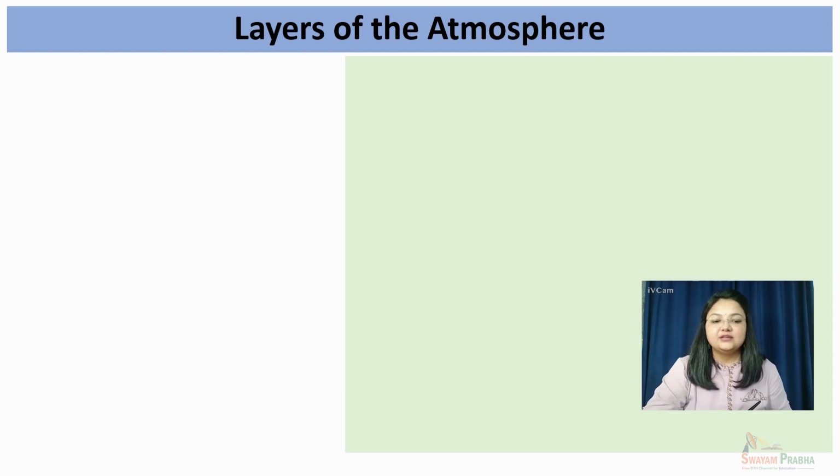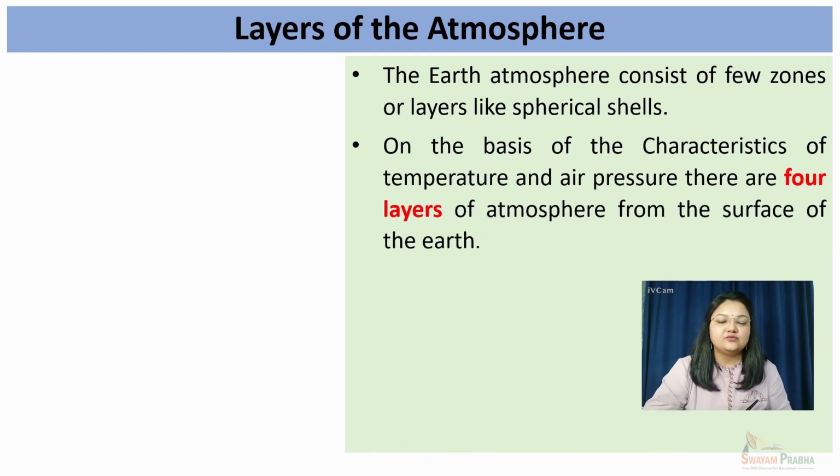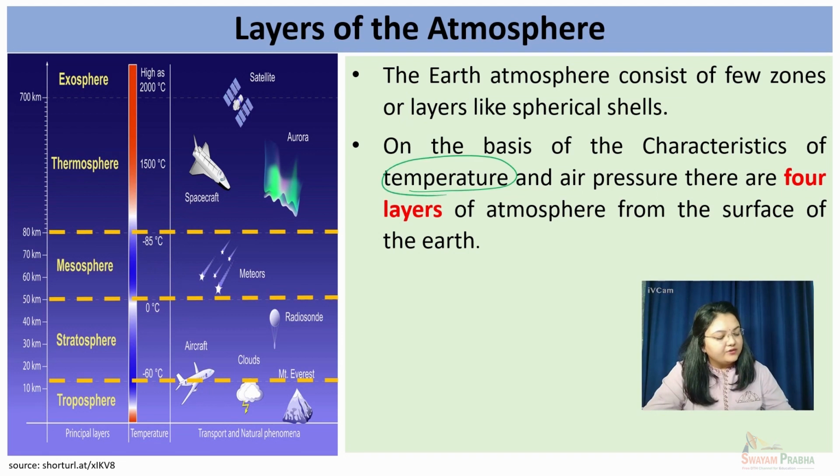Now coming to the layers of atmosphere. The Earth's atmosphere consists of a few zones or layers, like spherical shells which surround the Earth from all sides. These layers are demarcated on the basis of various characteristics like temperature and air pressure. However, temperature is one of the significant factors on the basis of which the atmosphere is divided into four major